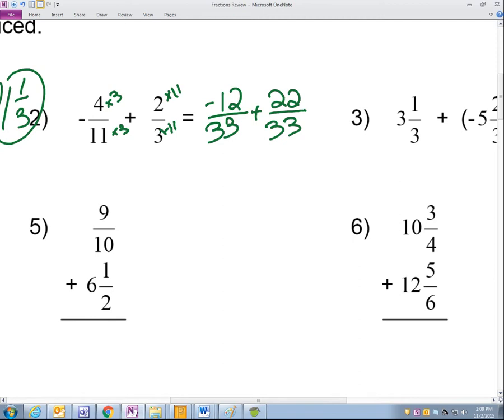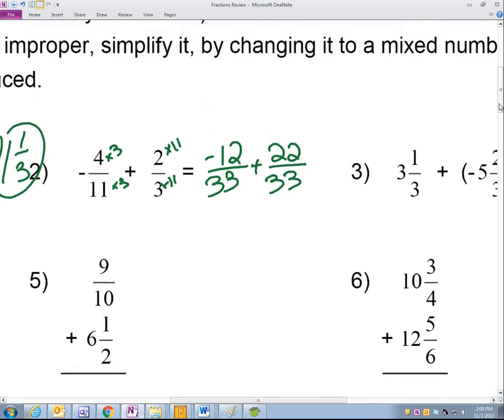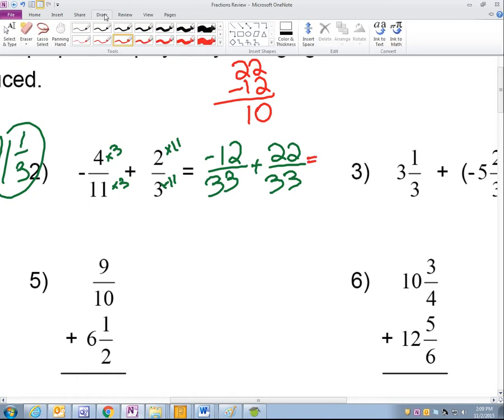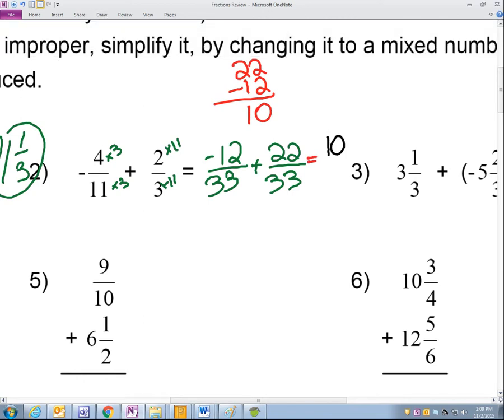So I'm going to do this in a different color because this is something that you wouldn't have to write on your paper because I assume that you know how to do this. 22 minus 12 is equal to 10. So this is going to equal 10 over 33. Now I know that it's going to be a positive 10 because when I did that difference of those two integers,